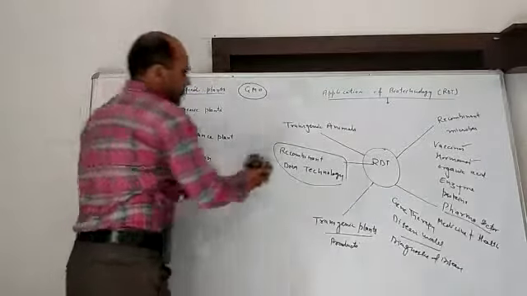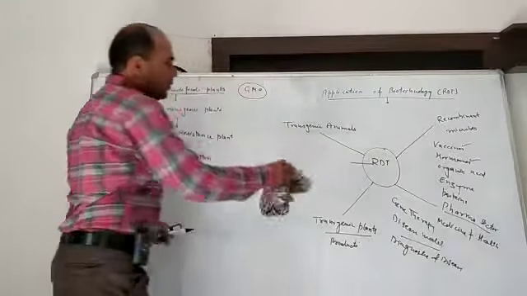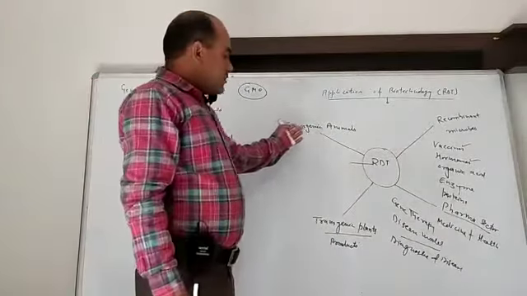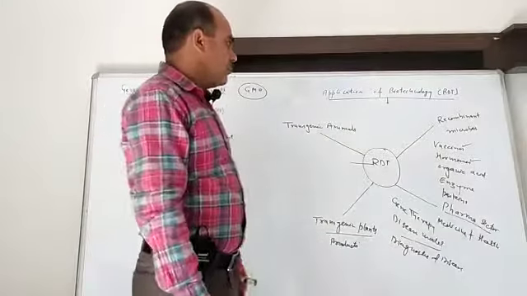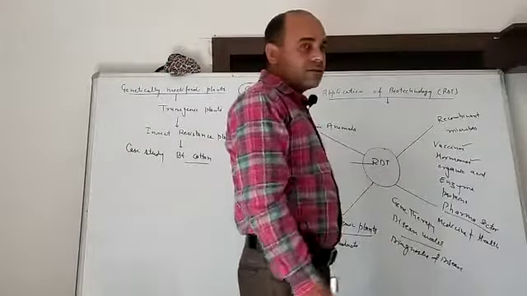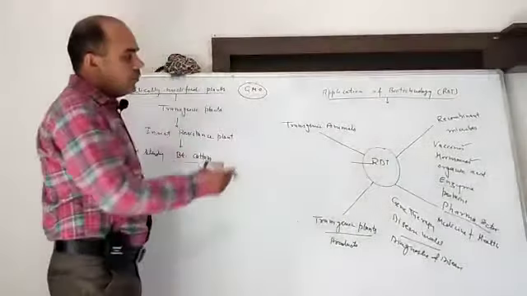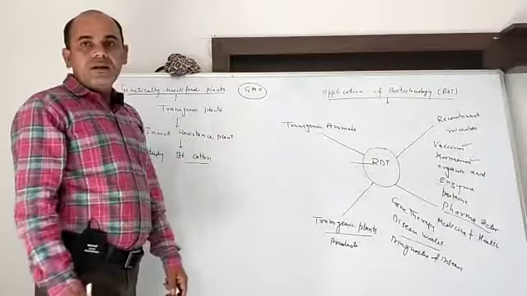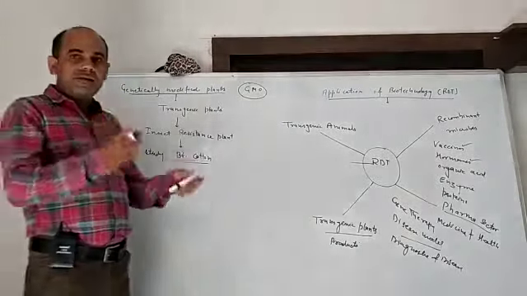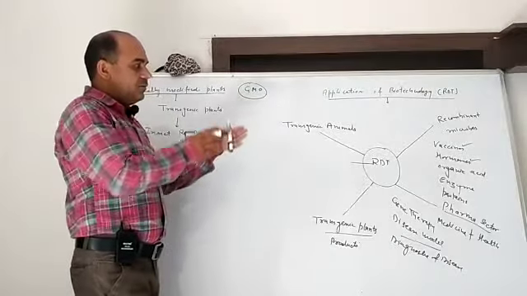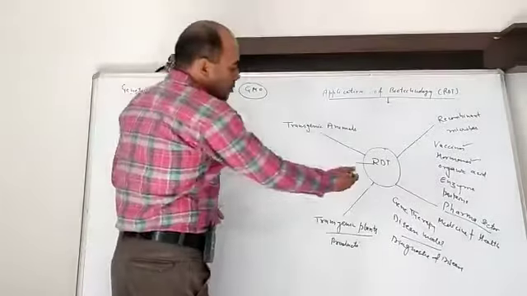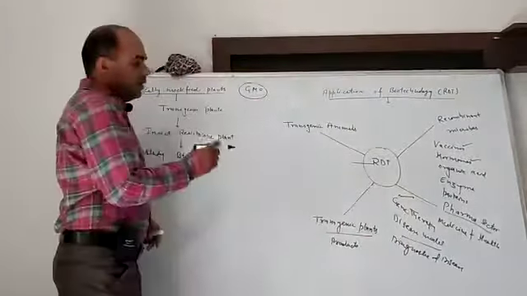What are the applications? There are so many applications which are given here. It is also used in transgenic animals, to produce transgenic plants, to make recombinant microbes. It is also used in different sectors for vaccine production, hormone production, organic acid production, enzyme production, as well as protein. It is also used in the diagnosis of disease. So there are so many diseases which can be studied with the help of RDT, which is also called genetic engineering. It can also be used in gene therapy to study the cause of disease.